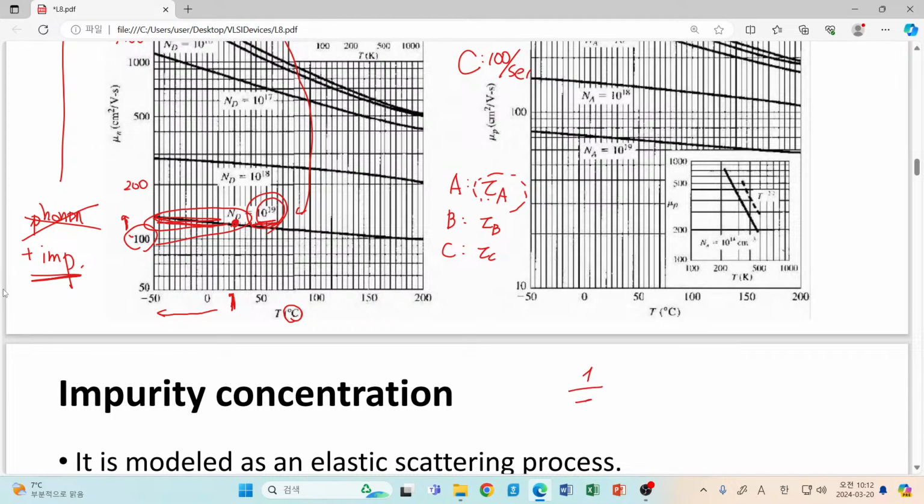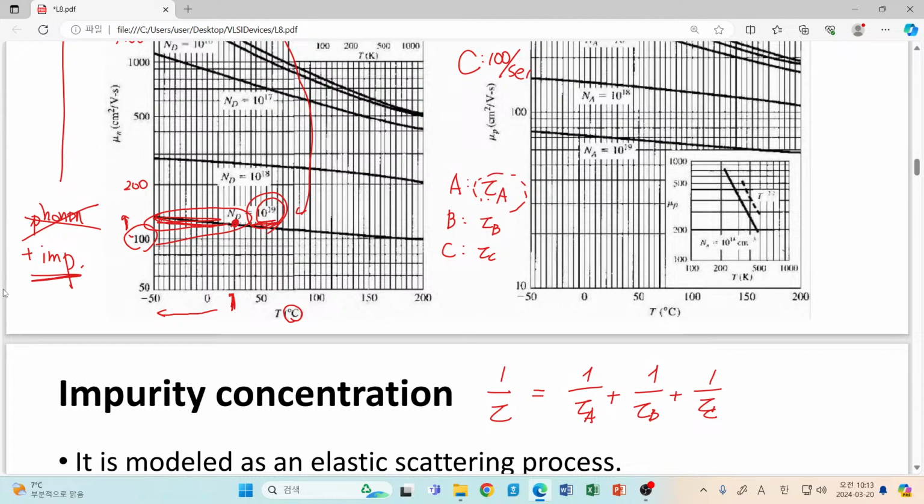Instead of that, we just make a sum of their inverse relaxation times. Then what will happen? If you make such a manipulation, then which one is the dominant one? The one with the shortest tau value, the shortest relaxation time, will contribute dominantly to your overall total